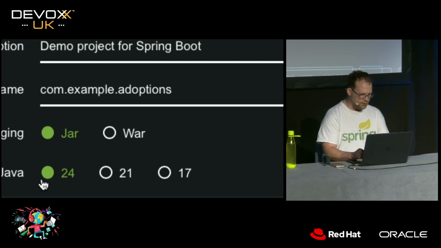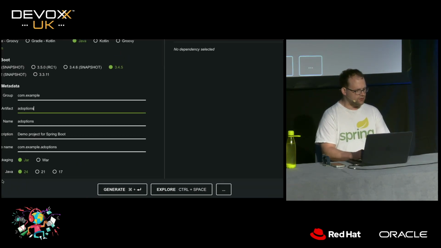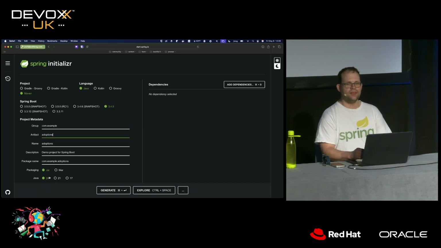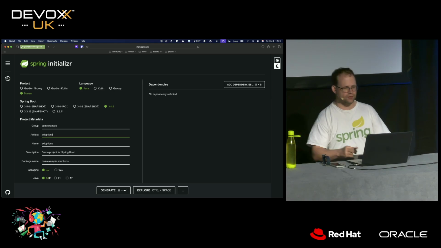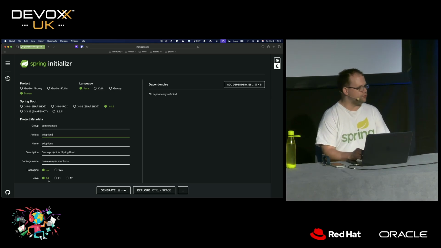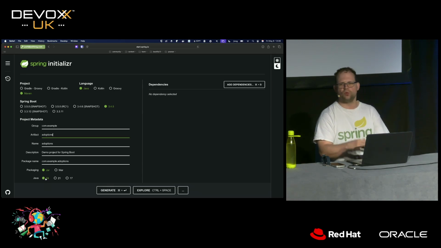Okay, so we're going to build a new service called Adoptions. We have some choices to make, namely which versions of Java to use. Look, friends, Java 25 comes out later this year, and that'll be Java 25 in the year 2025. So obviously, you should be on Java 24, getting ready for Java 25. Anything less than Java 24 at this point is just weird, right?